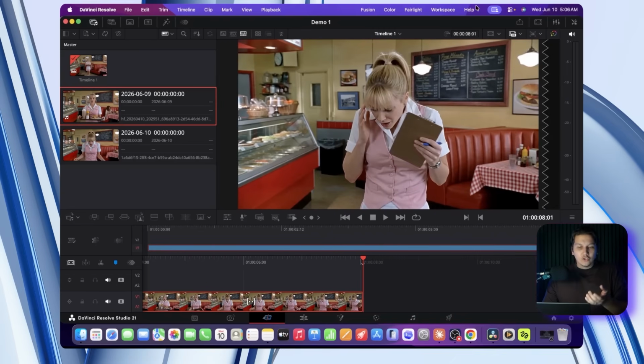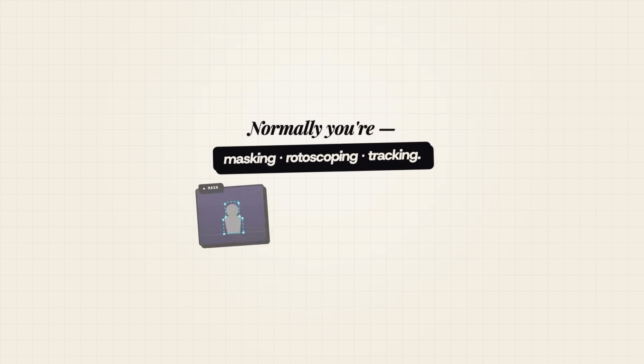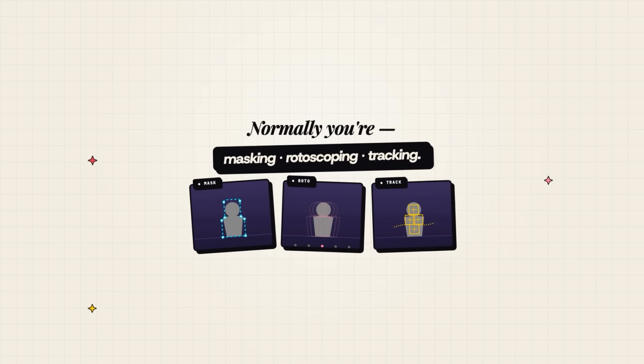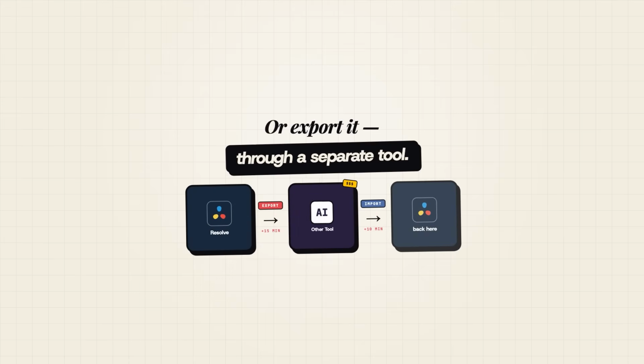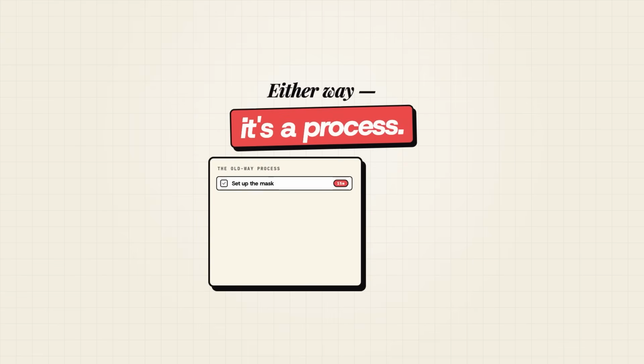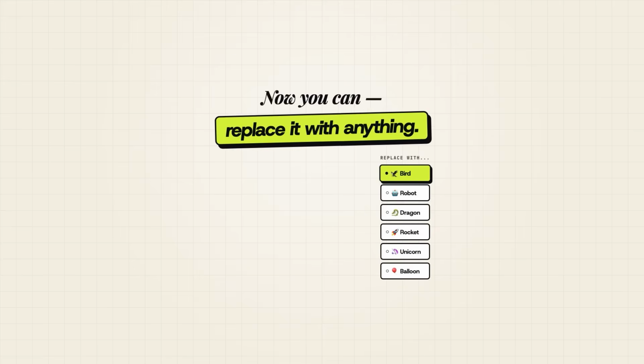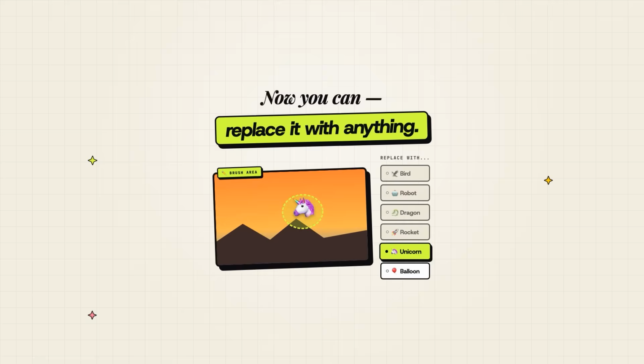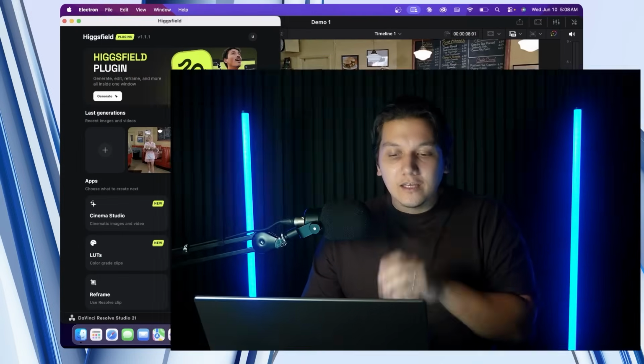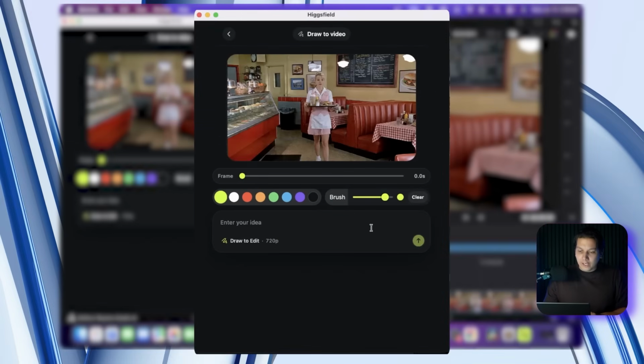Now, normally, you would be looking at masking, rotoscoping, tracking, or simply just exporting the clip and then running it through a separate tool. Either way, it's still a process and it takes a lot of time. Now, you can actually replace it with other things, and that's what's so amazing about Higgsfield. From here, all I have to do is I just have to grab the brush tool, and then I simply just paint over the area that I want to change, and then I'll ask it to add, let's say, a